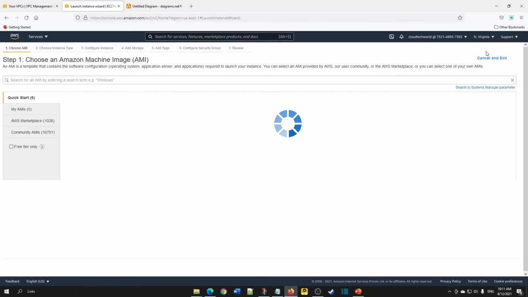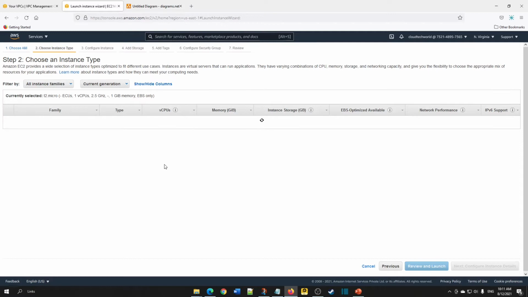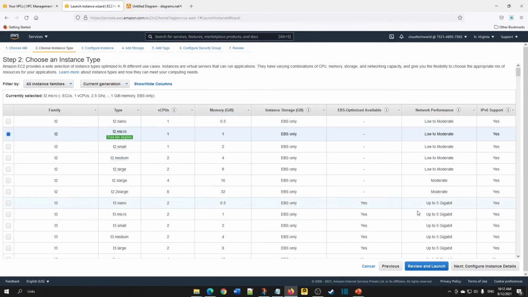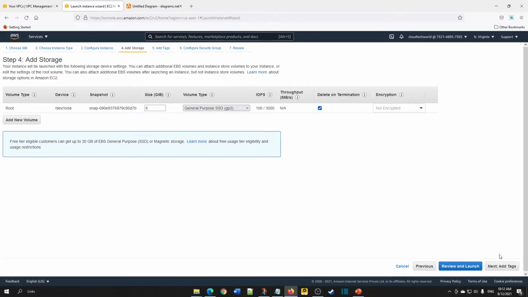Next, we are going to launch a Linux EC2 instance in the same region in a private subnet. Choose the VPC. Now here we are going to choose the private subnet, and here public IP should be disabled, so leave it as it is. Click on next, add storage.